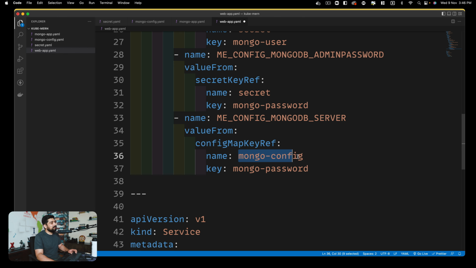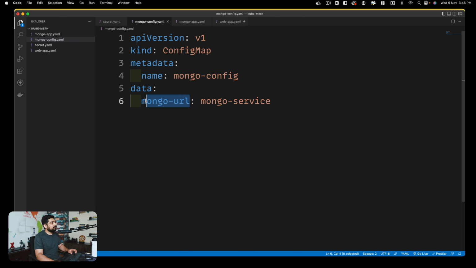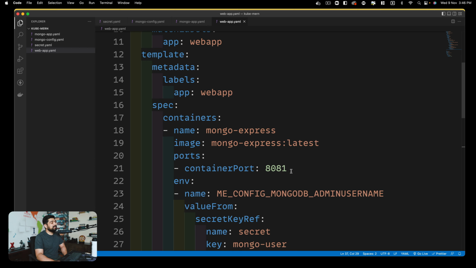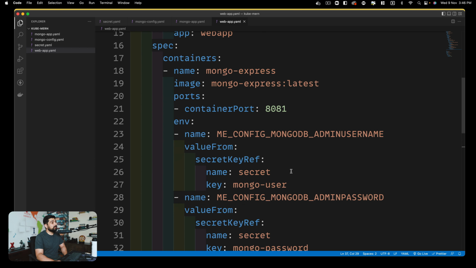Take the value from the Mongo config. Okay, I'll do that. I'll go into Mongo config, and then the key is Mongo URL. Great. I'll come back and take the key of Mongo URL. You get the idea of how the application actually connects. So there we go. We have actually done with the deployment part, but there is one more thing which is